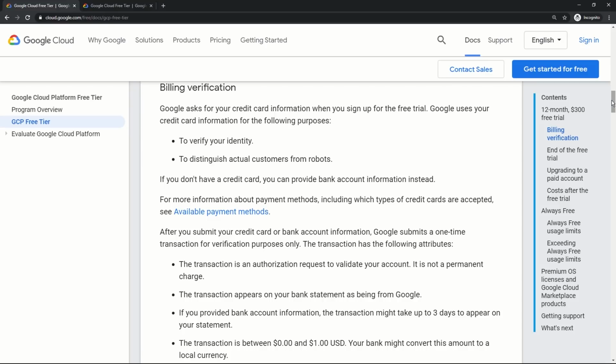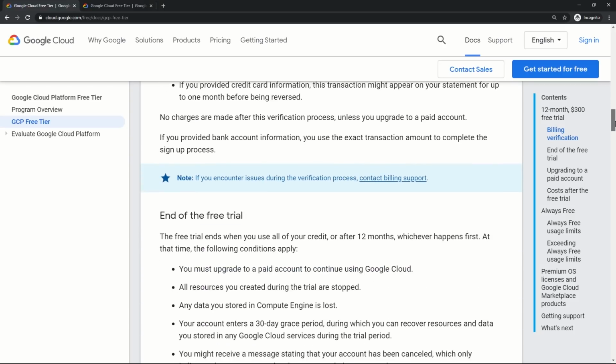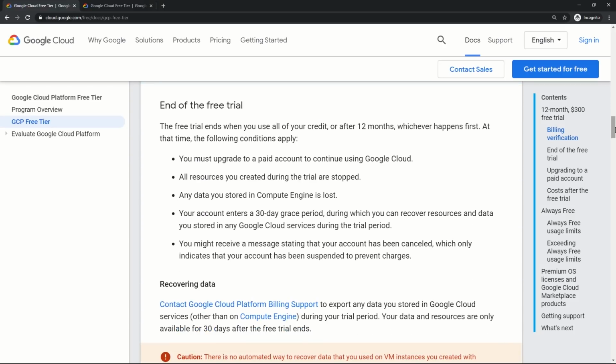So this is something we already mentioned, that Google will ask you to submit your credit card details, but it will not charge anything without your confirmation or until you upgrade your system automatically to a paid one. Also, at registration time, it will charge a minimal amount, but that will automatically get refunded to your account. The end of the free trial period we already discussed. You must upgrade your system before the end of the trial period. Google will shut down your resources at the end of the trial period. Google will give you 30 days of grace period.